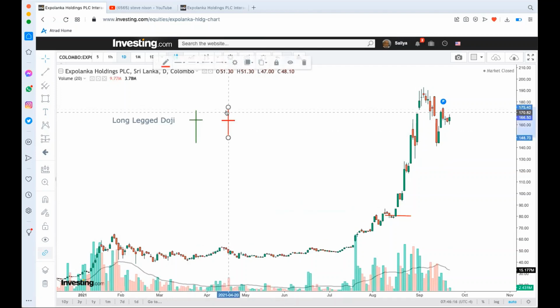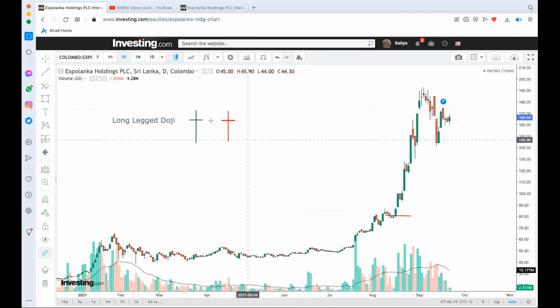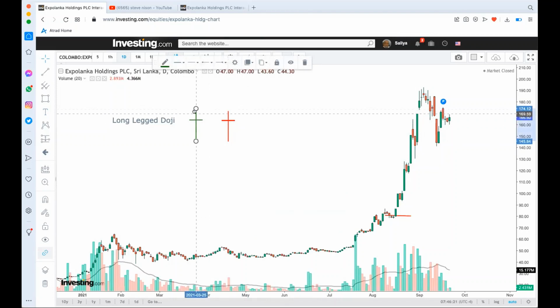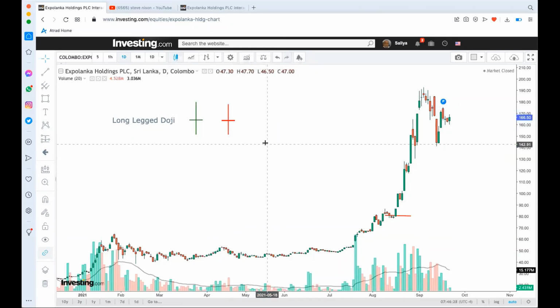Something like this, or it can be something like this. That is what you have here. It's a long-legged